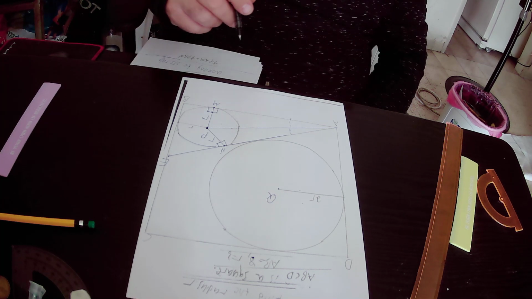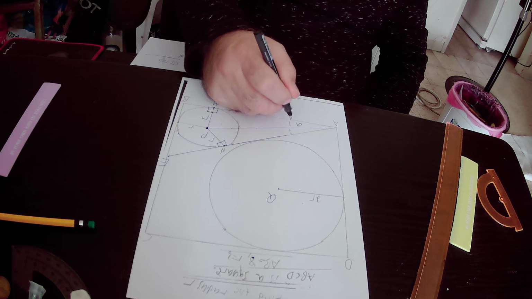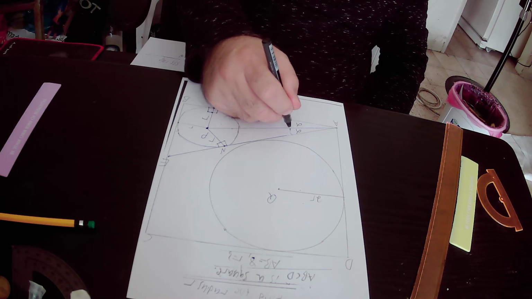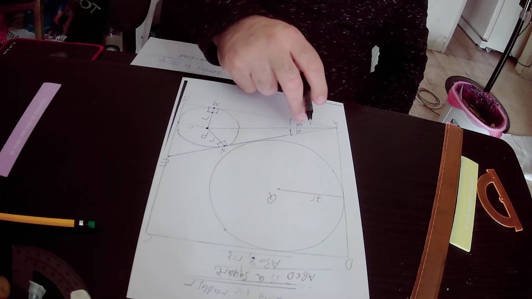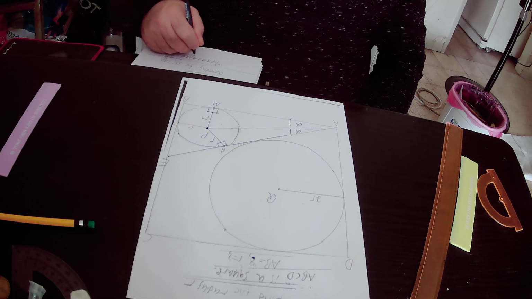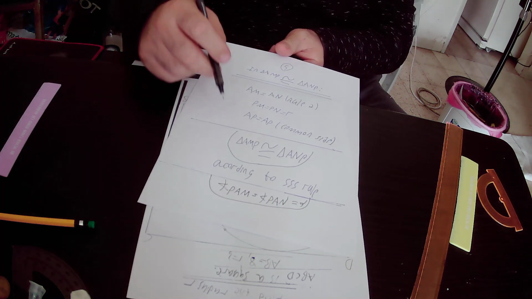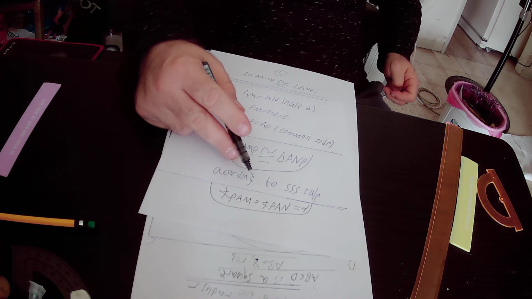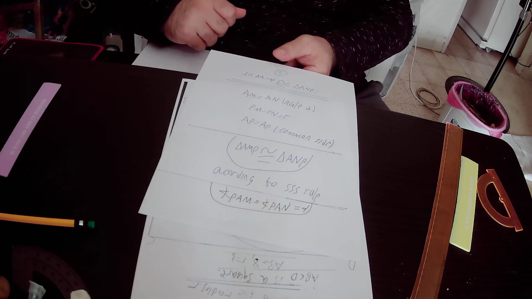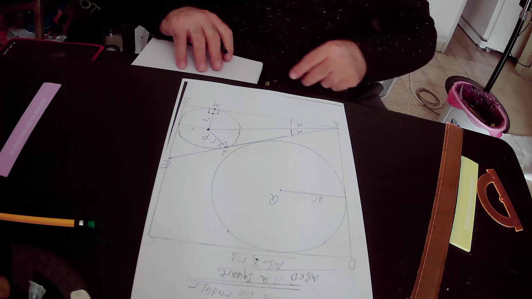And if we define angle PAM as alpha, then angle PAN will also be equal to alpha because those two angles are equal to each other. So we found out that angle PAM equals angle PAN, and both angles are equal to alpha according to our definition. Okay, so in the next step